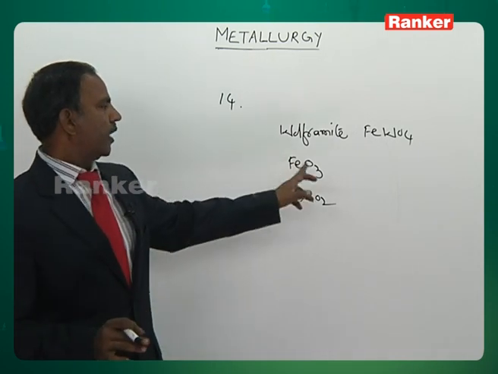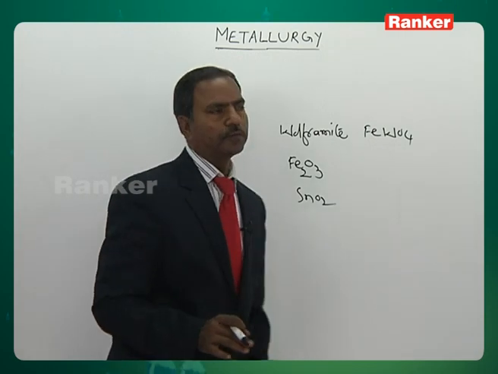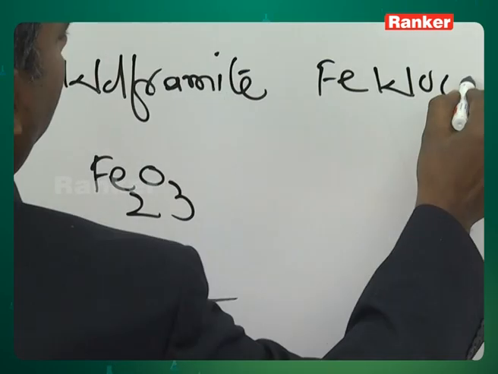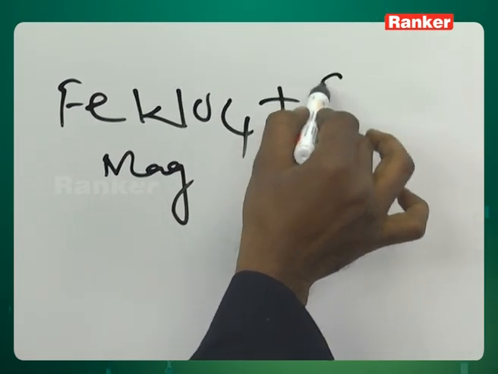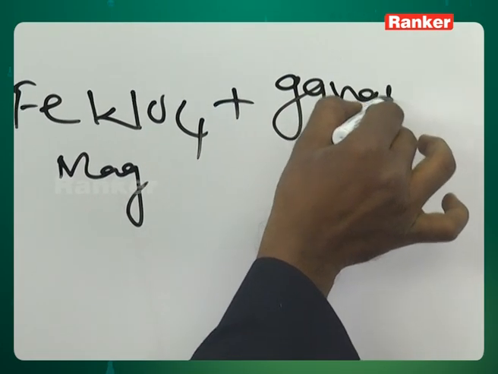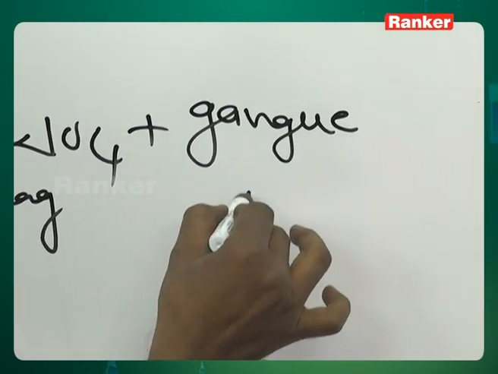See, this particular wolframite, FeWO4, is magnetic, and it is often carrying some gangue impurity, non-magnetic